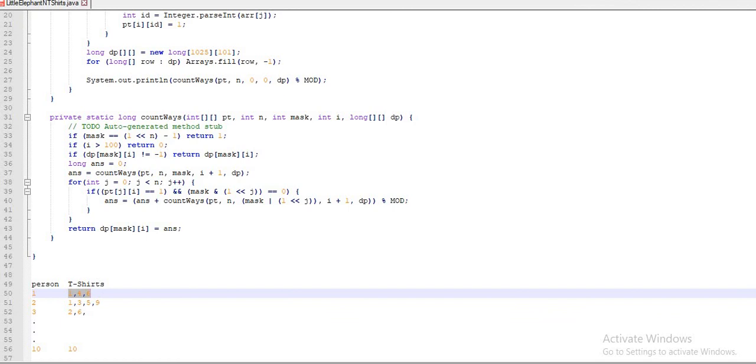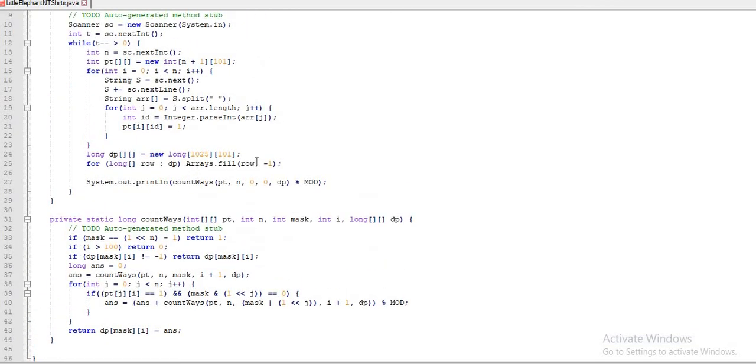Now coming to the next line of code. Here I am forming a DP array just to store the pre-calculated result, and again it is a 2D array. The reason is I have to generate all the combinations for n persons, and the maximum n is 10. So when I shift 1 to the left by 10 times, it is 1024.